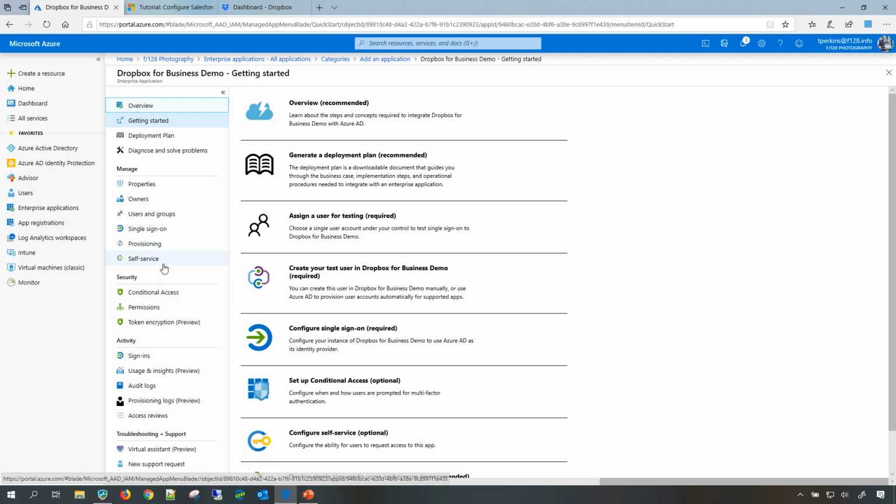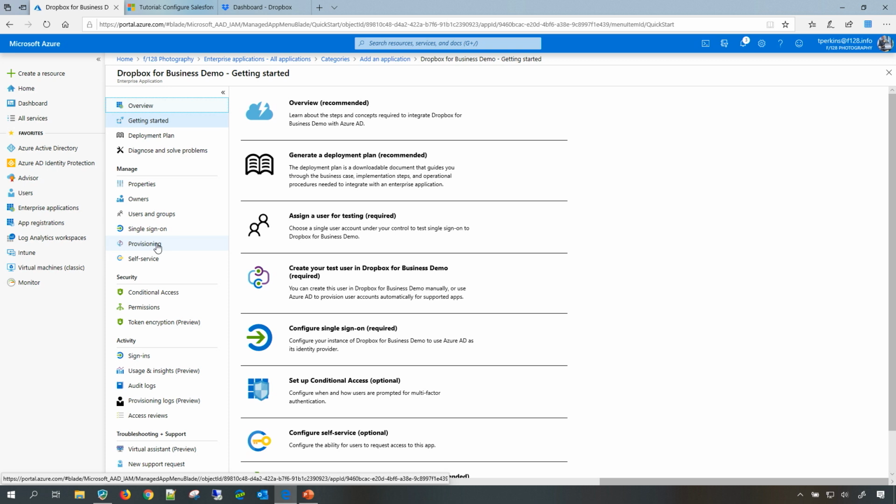Again, note that single sign-on and user provisioning are two orthogonal features. That means you can enable them in any sequence. You can enable single sign-on first and get that working, or you can enable provisioning first and get that working, or you can do both one after another. There is no specific sequence, but our recommendation is you should be enabling provisioning first, because your users have to be present in your target system. And once your users are there in the target system, then you can enable single sign-on.